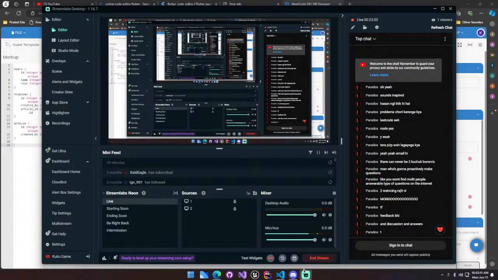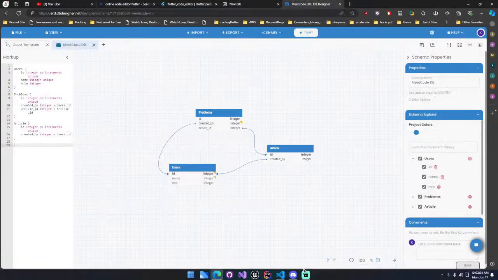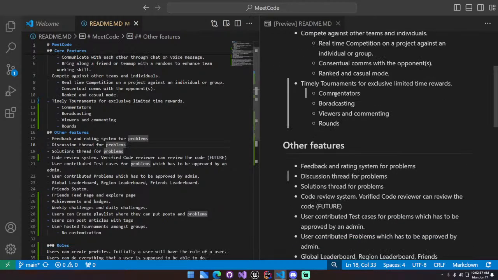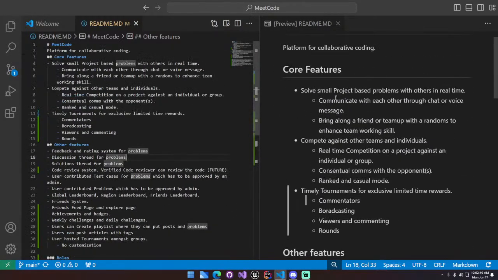We could have problems, right? I also want, maybe not, you know, maybe not. Maybe we don't have any of these things. You know what I want to do? For example, you see this, right? This is, let's say this is our article, our problem article. And then what I want is I want to give users the ability to